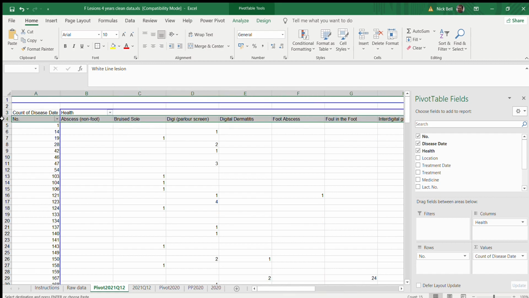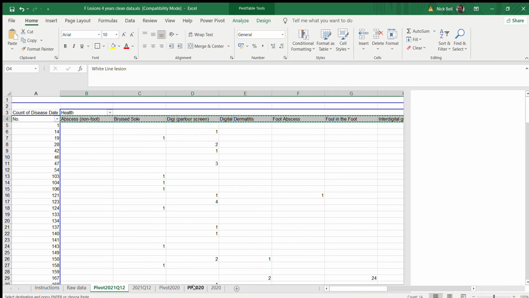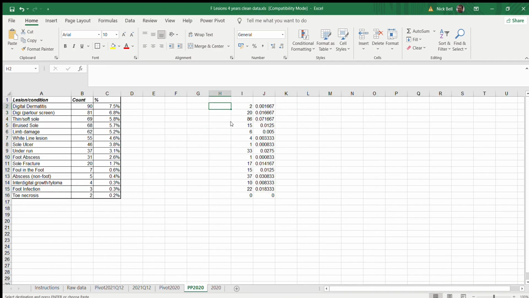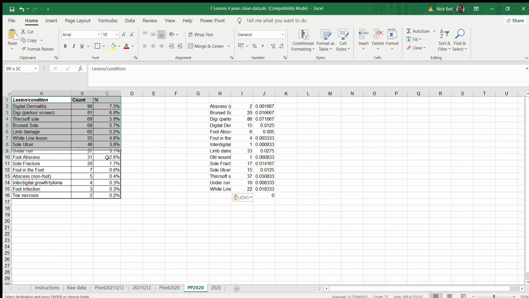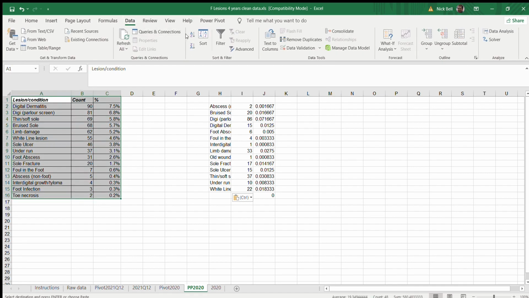So again, we would go and copy, paste special, values, transpose. Just want to show you can do this relatively quickly, but we need to be careful that the lines match up, and of course they won't, given that we've sorted them by prevalence here. We could go back and resort these data, sort. We could sort by lesion and do it A to Z, and then just make sure that they're all matched up. Digital dermatitis,